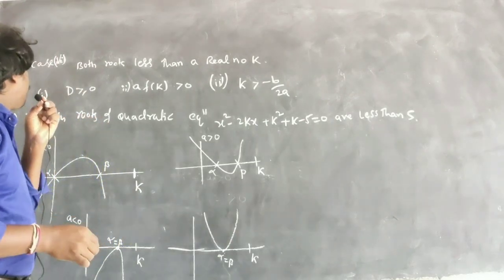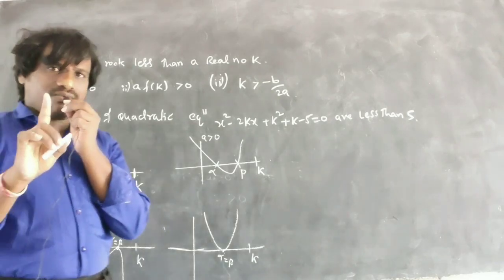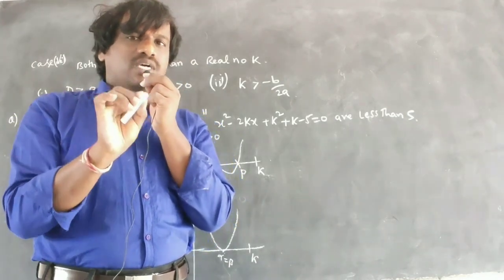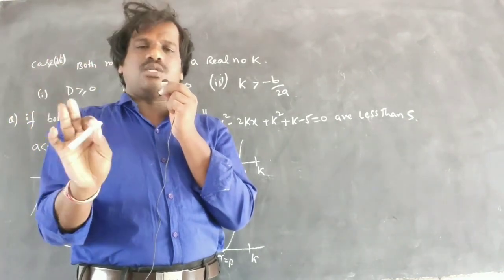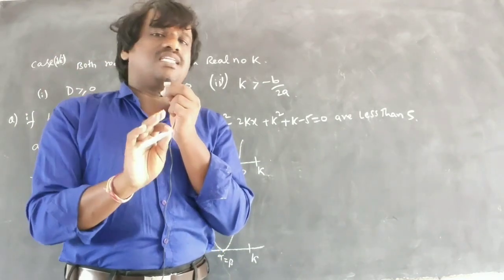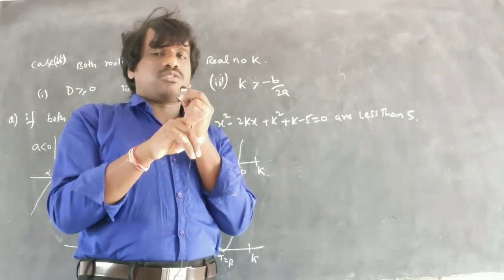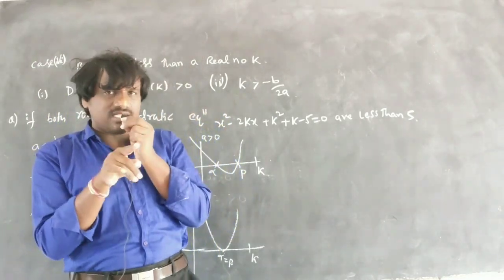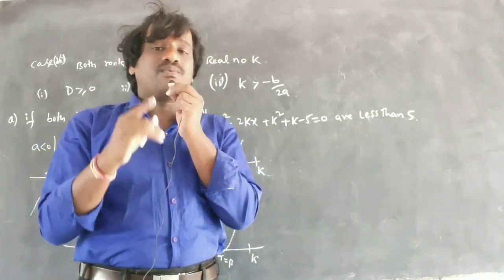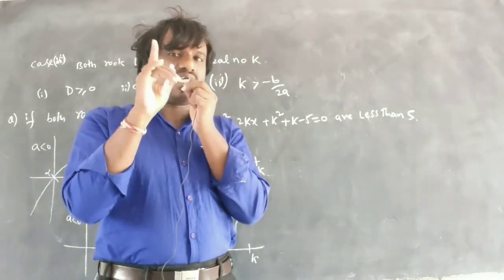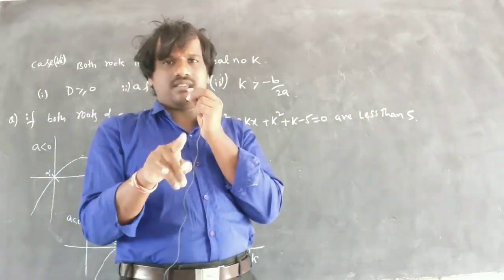Let's see here that the first case is D. Why D greater than or equal to 0? See, one thing to remember in location of roots: if they give you the condition D greater than 0, ignore it. Simply you have D greater than 0, no need to find that one. But if you get the condition D greater than or equal to 0, then you have to find it. Yesterday also, in some cases I told you D greater than 0 came. I said no need to find. I wrote in the bracket not necessary. Why did I write not necessary? If you get D greater than 0, it is not necessary to find. But D greater than or equal to 0, then you have to find. Remember that in mind.